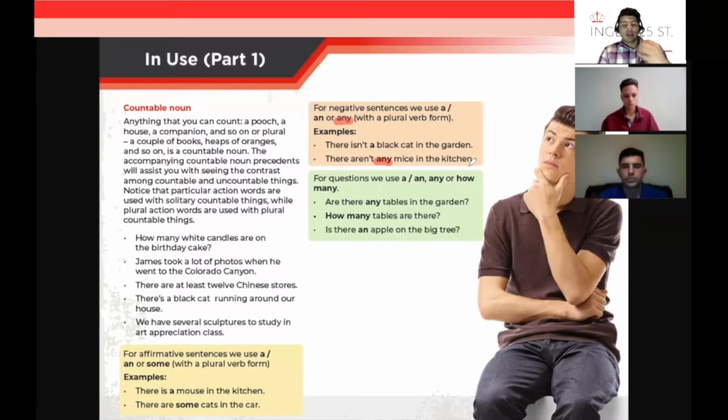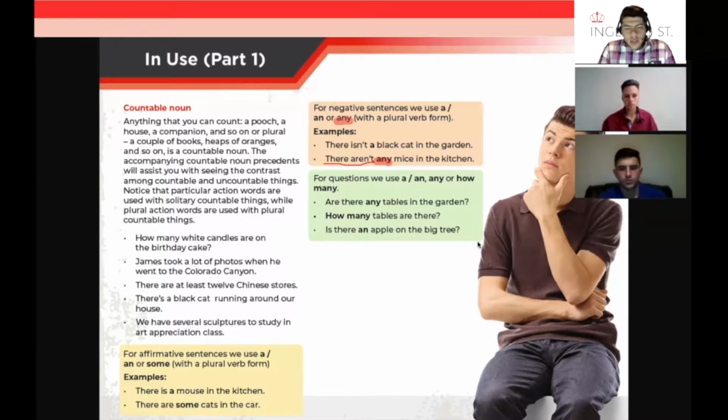Entonces es bueno saber que se utiliza, pero no estar pensando en su traducción en español, porque en español diríamos there aren't mice in the kitchen, simplemente, pero lo más correcto es decir there aren't any mice in the kitchen. Sin embargo, cabe recordar que no utilizarlo no es completamente incorrecto. Decir solo esto no es completamente correcto, simplemente no es lo mejor. ¿Ok? Okay. I am going to read the last box, the box in green color.